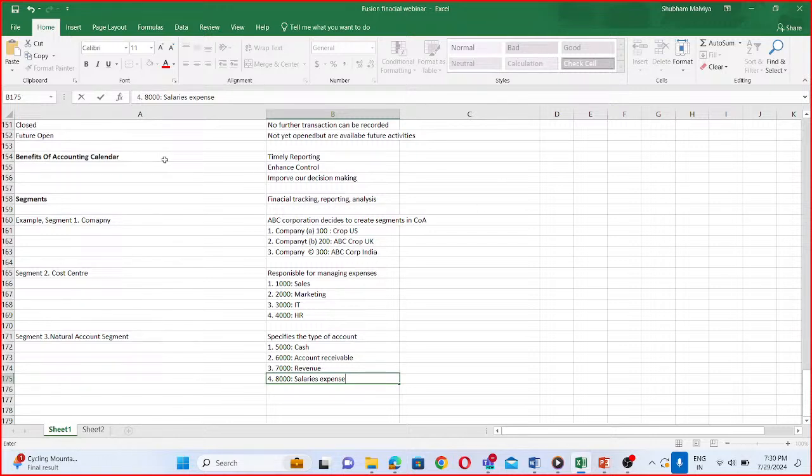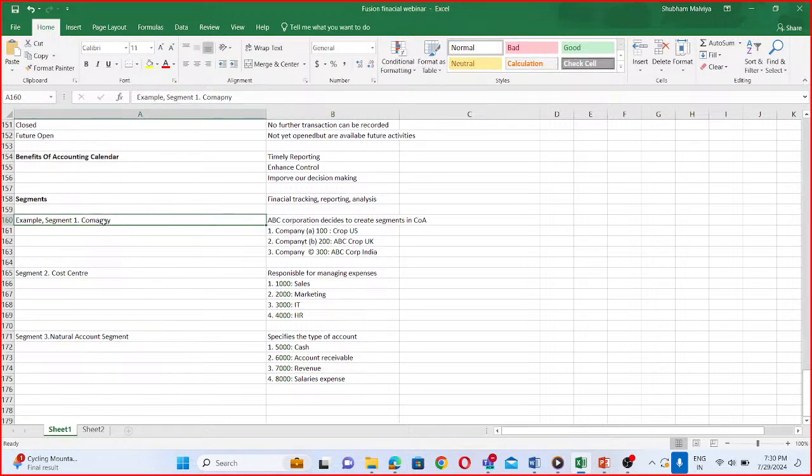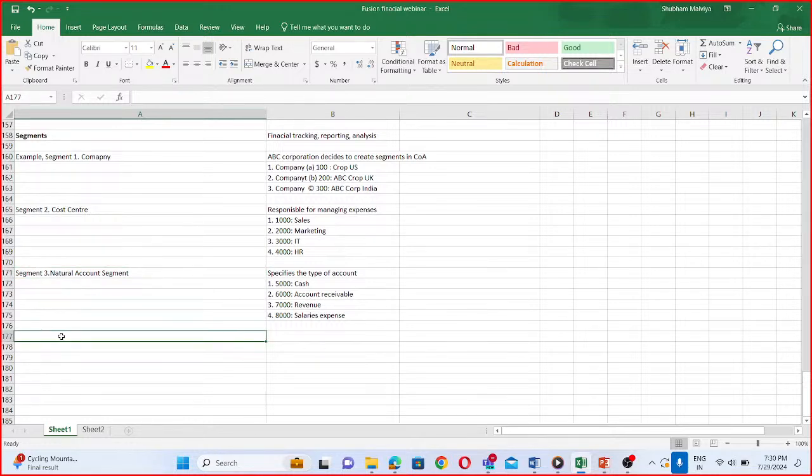Good. So we have taken three segments and discussed why we are taking them: company, cost center, natural account. Then the fourth segment we can take is